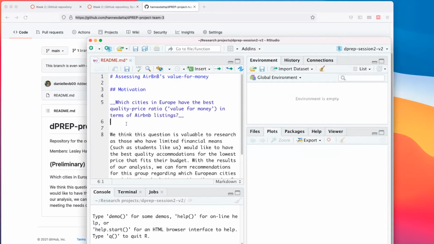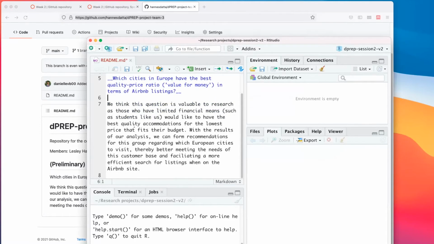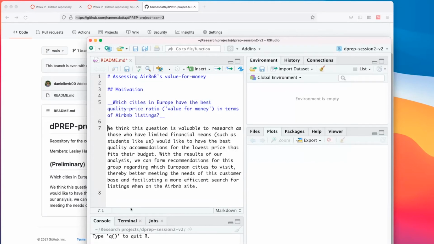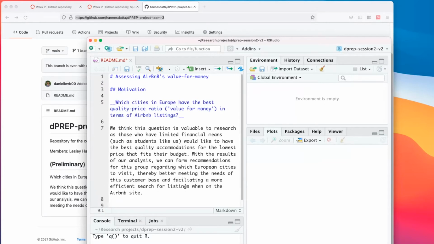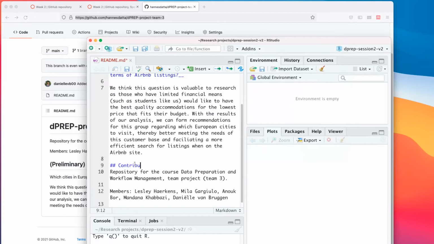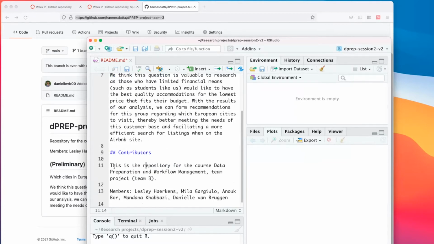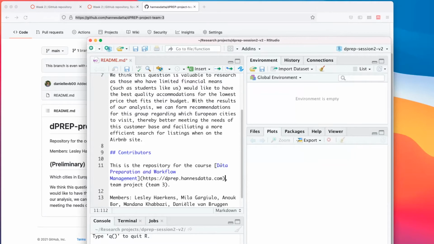You'll do this with 2 underscores. Maybe you make it a little less personal. Pretend you're not students, but employees of like a big research firm, right? Maybe you want to cut down these, rewrite this text a little bit. And then in the end, we can have a little section on contributors. Okay, and we can start creating links by wrapping in square brackets and, for example, citing this course.